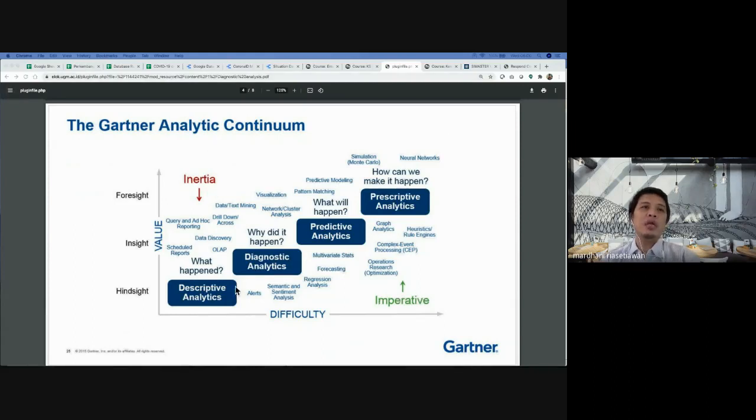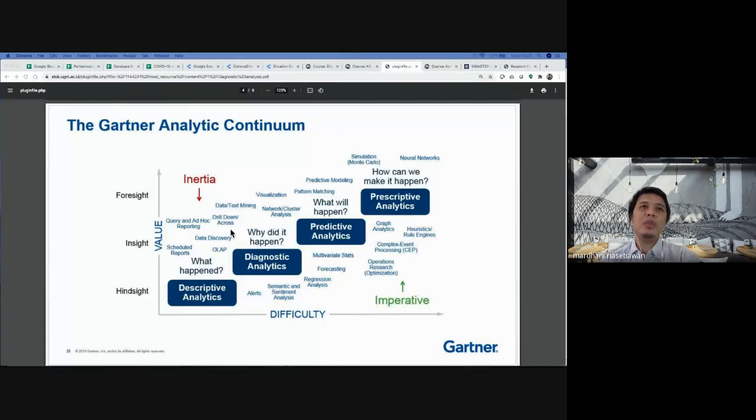In the inertia type, descriptive analytics can use scheduled reports, the business reports already produced by the organization or business entity. Sometimes we use OLAP, do data discovery, and then do queries and ad hoc reporting, and drill down across data.